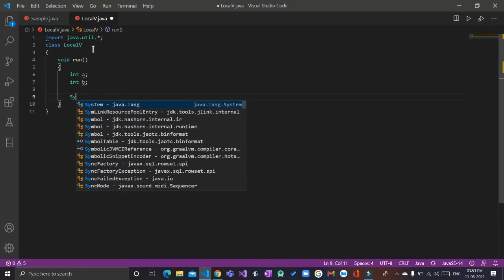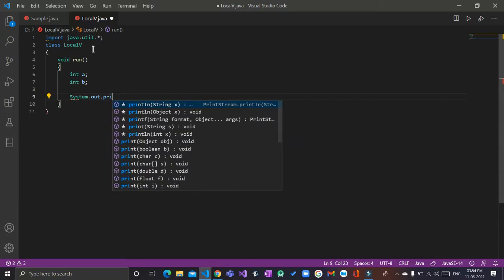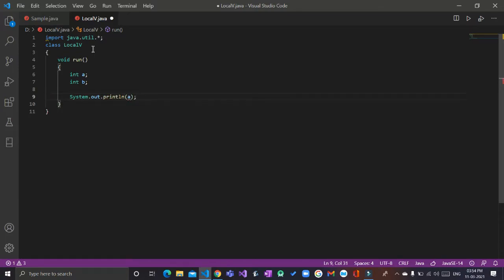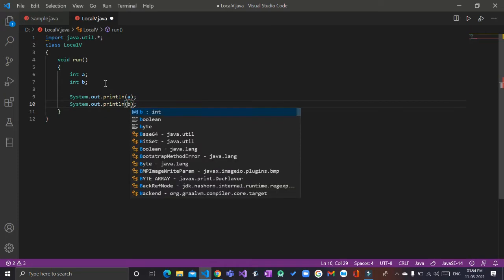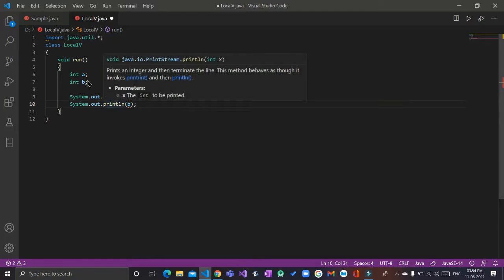Okay, let's do one thing. I'll try and print System.out.println a, and we'll copy paste this and try to print b also. Okay, now what does it say? It says that the local variable may not have been initialized. Now what do you mean by this? This means that since this thing is not initialized,